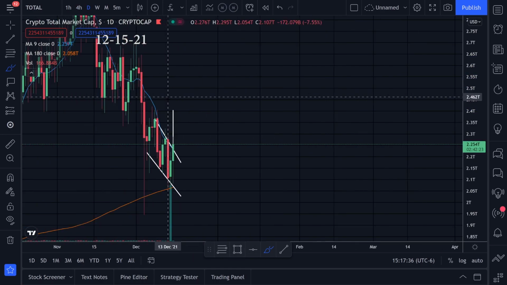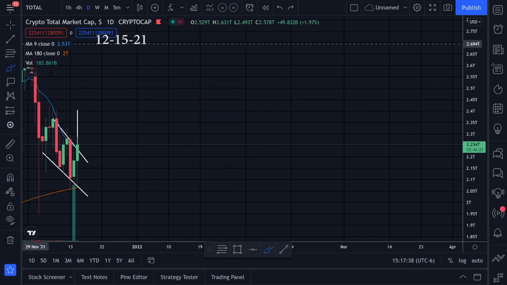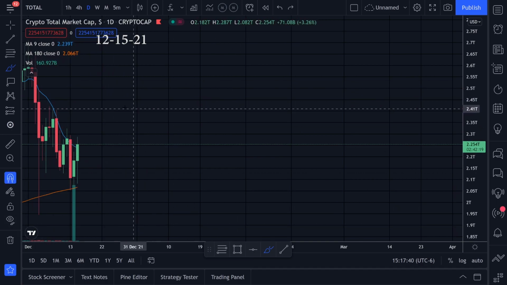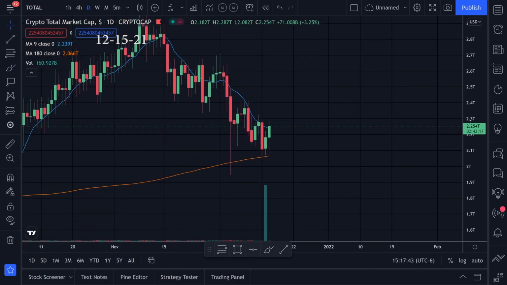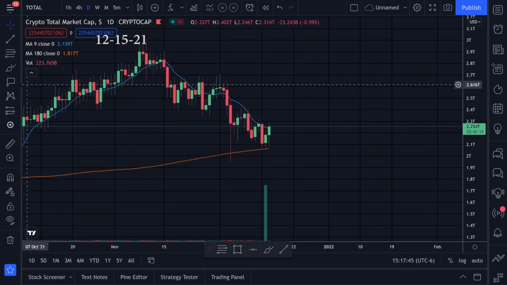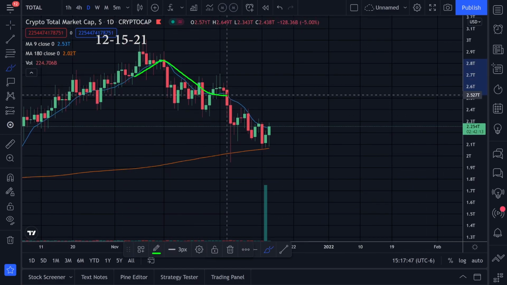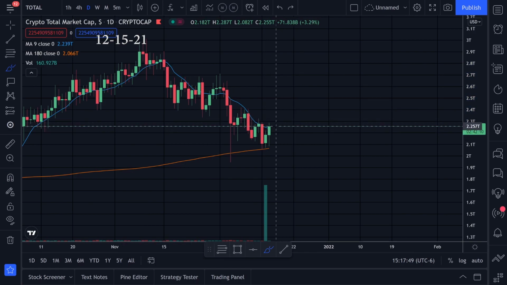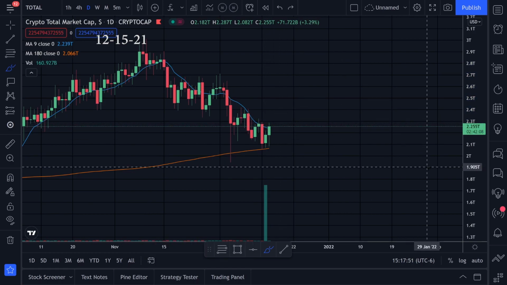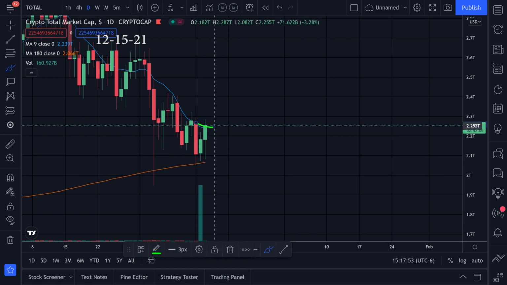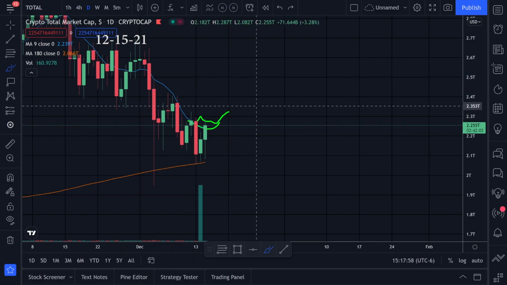Let's take a look at the daily time frame, and what it also seems like we're doing right now is breaking above the 9 moving average on the daily. So we have this blue line right here. I always talk about this 9 moving average. I would way rather be above it, and it does look like we just broke above it. Let's see if we can hold above this. Maybe it can give us some support and it could push us back to the upside.